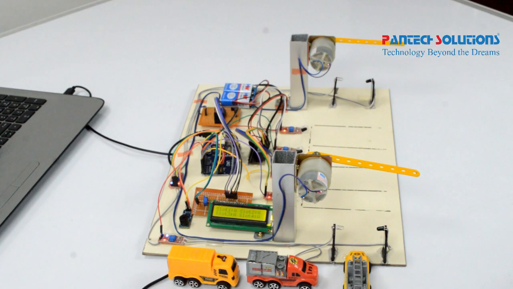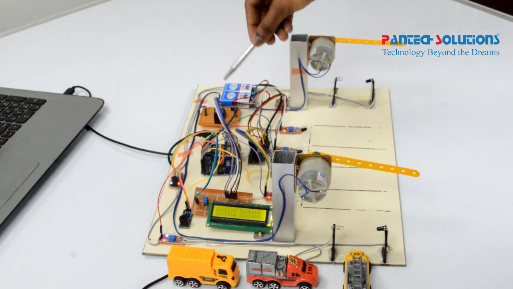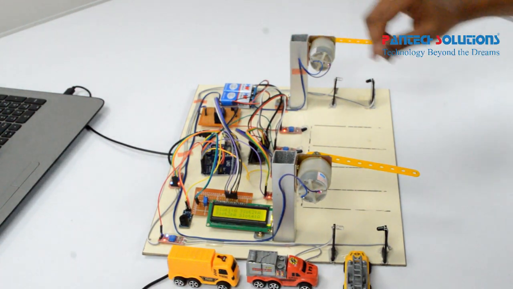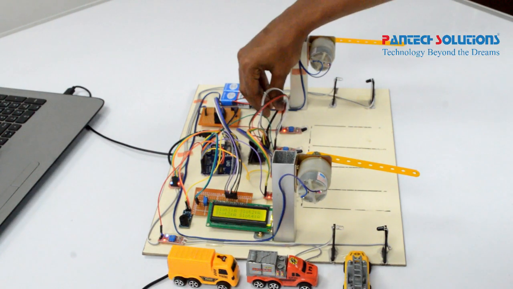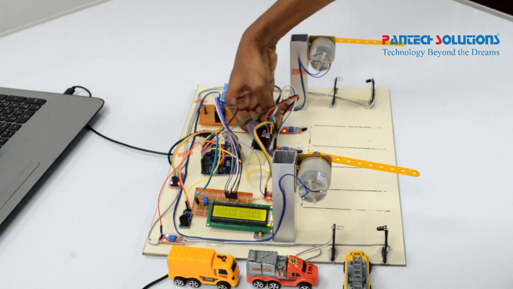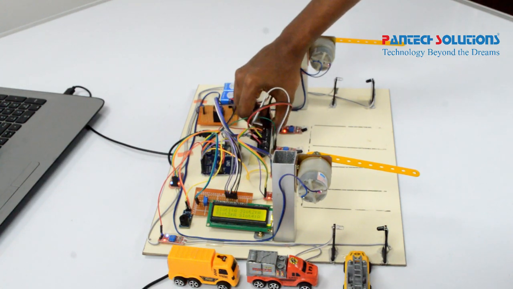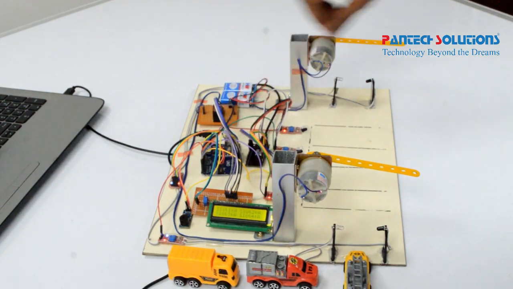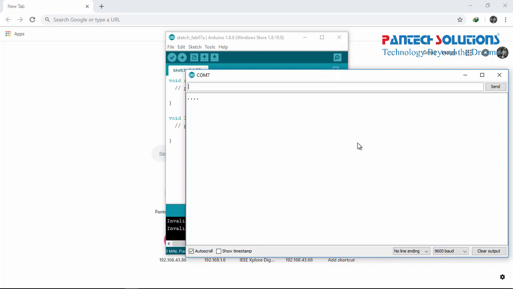Okay, now I have already uploaded the codes for both Arduino and Node MCU. First, initially I have to reset the Node MCU to connect with the network to make it web page controllable. I'm just pressing reset here. So it is trying to connect with the network. So it is connected. If you see there, it generates one IP address, which is a local IP.